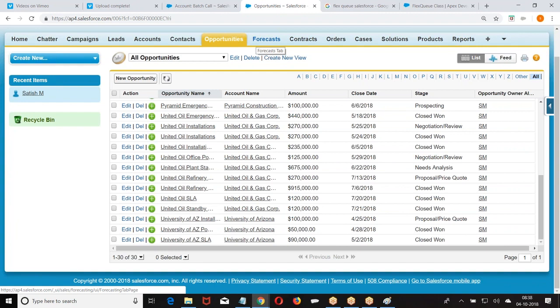Start is what? Fetch the data. How many records? 50 million. Execute is what? Start will fetch the data and break it into batches. How many batches? It depends upon the size you mention. What is the size? You can give anything between 1 to 2000. Minimum is 1, maximum is 2000. If you don't mention the size, it will take 200. If any one execute fails, only that execute will fail. If the finish fails, only finish will fail.